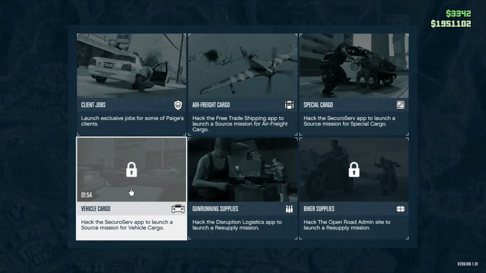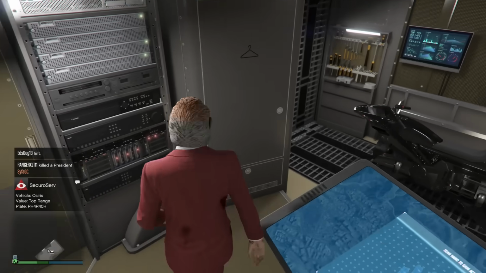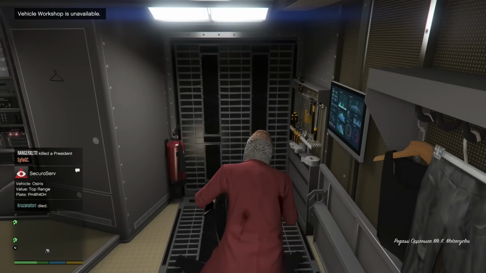This is going to save you a lot of time, so instead of driving or flying back to your office, you can just call your Terabyte to you. But if you don't have a Terabyte, just go back to your office, that's fine, it's just going to take a couple minutes longer. Once you start a source mission, you're going to have to go out and steal a